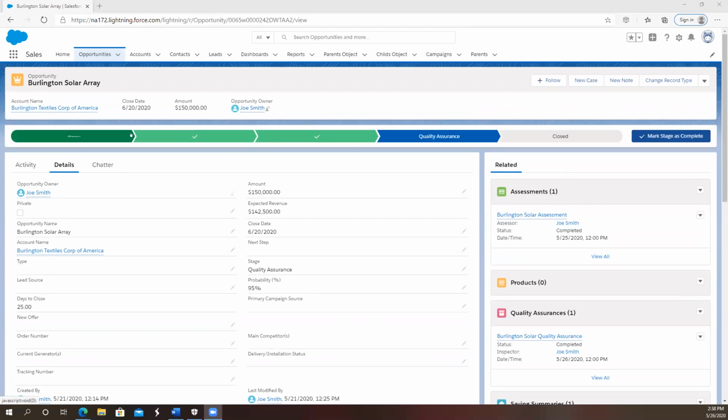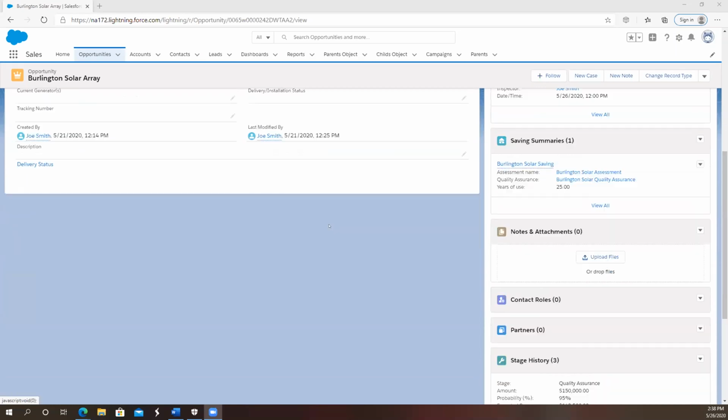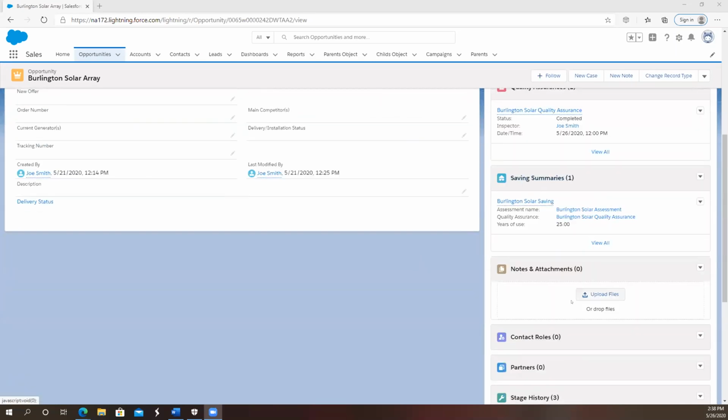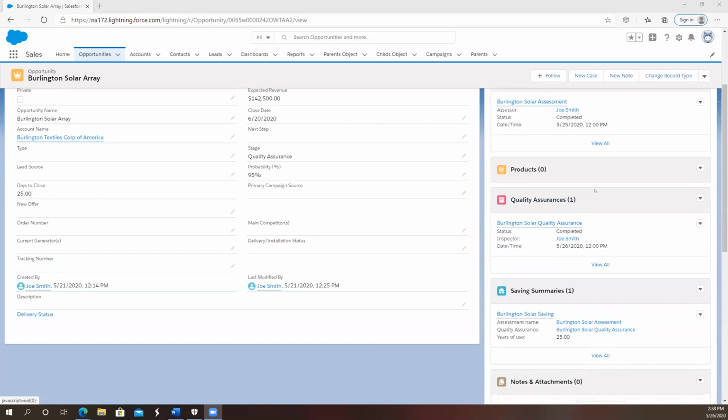So Ryan, do you mind walking me through? I think I missed a few steps here. I'm in the Burlington opportunity and under the quality assurance. What exactly did you do? I missed a lot of steps there. Well, on this one, you don't have to worry about it because you've set everything up properly before this. So if you go up and look at the path,